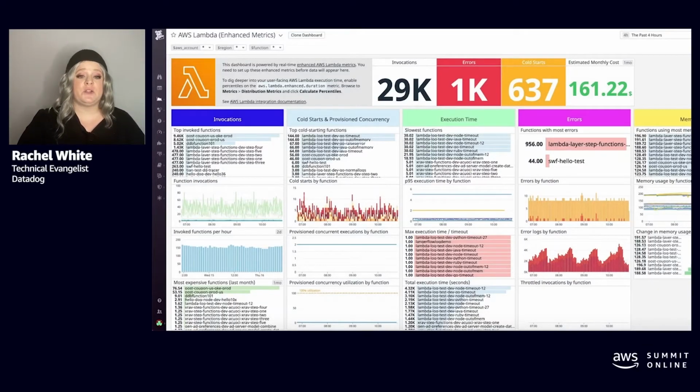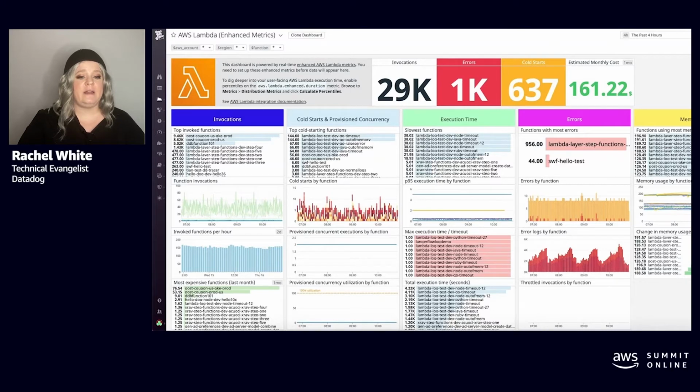Once you've done your initial instrumentation, the first thing you'll get out of the box is some metrics and a dashboard. The metrics in the dashboard give you a base to begin to rationalize about what is happening within your serverless application. In this case, we're looking at a dashboard, and there's a couple things that stick out. Base level, how many invocations of my serverless functions do I have? How many errors? How many cold starts? Having this around lets you see the base level for your systems and be aware when something fundamentally changes and when there may be something going on in your application that warrants some attention.